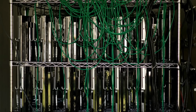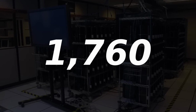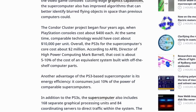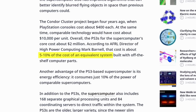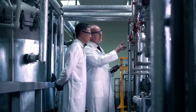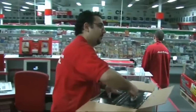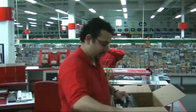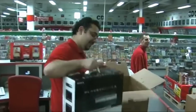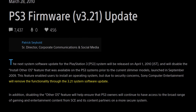The lab then asked for $2.5 million from the Department of Defense to build the machine. In November 2010, they announced the machine built with a total of 1,760 consoles. According to the lab, it would have cost 10 times as much to build an equivalent system without using the PS3s. Originally, the lab wanted to add more machines to the cluster. However, by the time the budget was approved by the Department of Defense, it was getting harder to find PS3s, especially the ones they need. You see, on March 28, 2010, just a few months prior, Sony announced the removal of